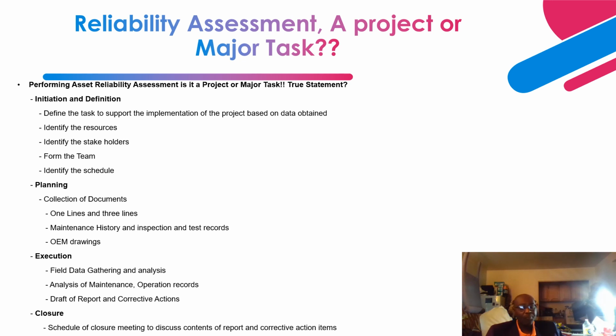They have to take a look at the corrective actions, the ones that you assign the corrective actions to, and the feasibility of the corrective actions. Next is scheduling the closure meeting to discuss the contents of the report and the corrective actions. That has to be done in a very well coordinated